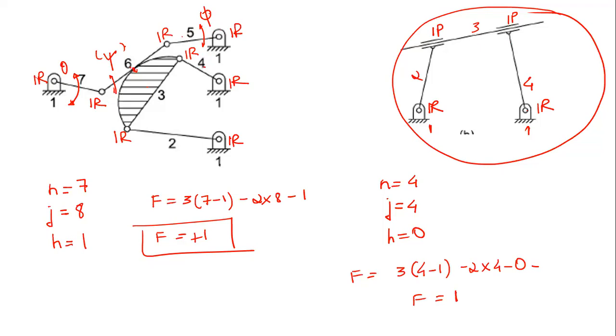Sir, by the motion of link 3, there will be no effect on links 2 and 4, correct, as well as on 1. So this is one thing you can see: if this link 3 is going to slide with respect to these prismatic pairs, there will be no effect on the motion of links 2 and 4. So in one way you can see this.